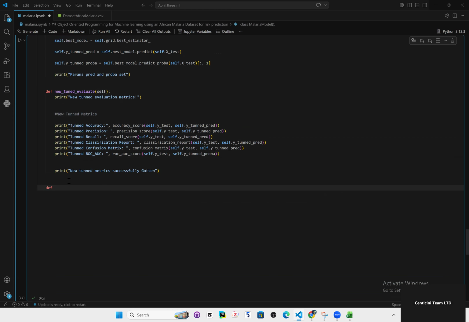Maybe we could just add another method. We're gonna call this the tuned ROC, okay? That's the tuned ROC. It's gonna take self, and it's gonna print, okay, getting the new ROC curve. Okay, I'm sorry about that. It was quite much, but I think we'll deal with that. Then what we can see now is our new FPR. There's no need of using self because we're not using it in any other part of this method. TPR, new TPR, comma, then underscore is equal to,